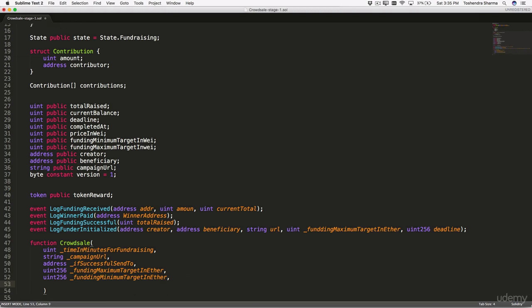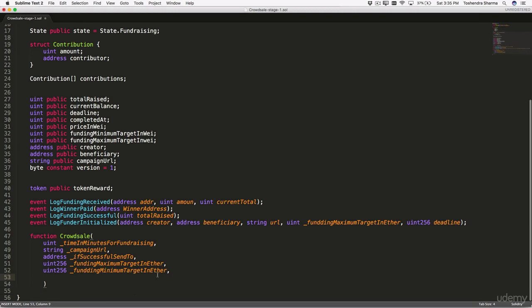Okay, so we have maximum target in ether, we have minimum target in ether, and then we need the address of the token which we'll be issuing to people as a reward. Remember, I have told you many times that we need to issue the token to everyone who will be contributing. So we need the address of the token which we want to issue to people. That's why we needed that, say, address of token used as,